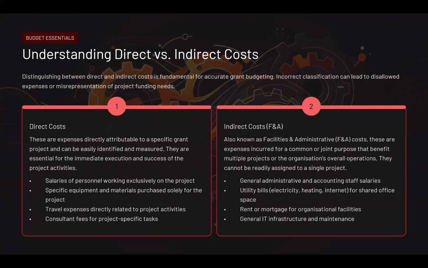This includes admin fee or accounting staff salaries, utility bill for shared office, rent, or general IT. Most times for the grants we have, the NIH grants, this F&A is usually 7.5%. And 7.5% is in all the grants we have. This 7.5% goes to NIMR, the Nigerian Institute of Medical Research,